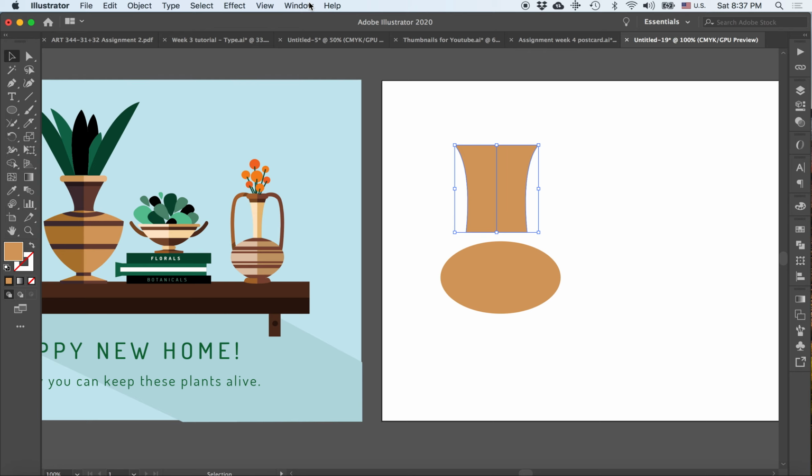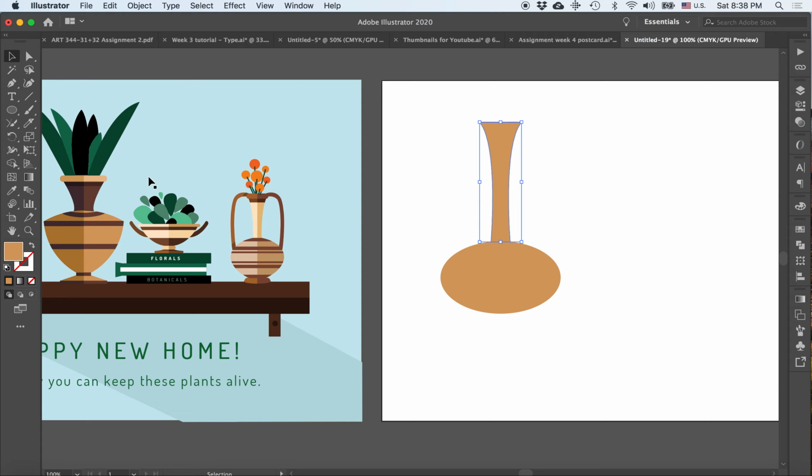So I want to still convert this into a Pathfinder shape. So I'll go into Pathfinder, which is right here, and then I will unite these two shapes together to form one. Now I want to make sure that the direct selection tool is selected. That way I can start customizing this shape a little bit more. I want this to be much narrower, right? And I will get rid of those points right here. And then I want this to be a lot longer. Something like that. Alright, so I'm going to connect these two right here and then start building